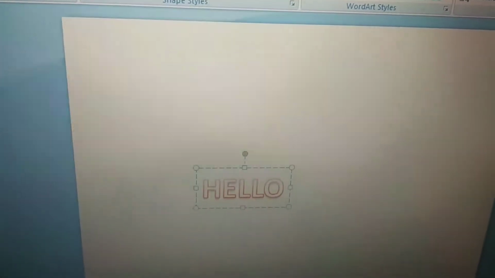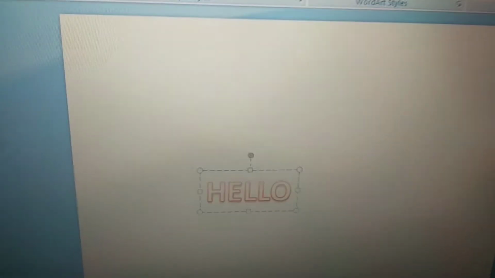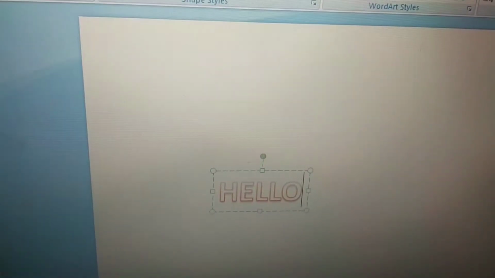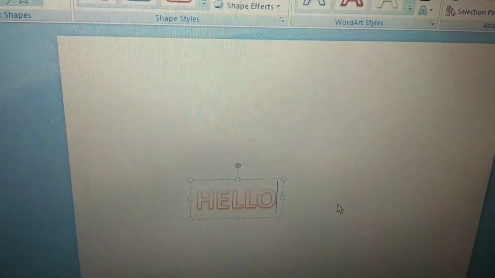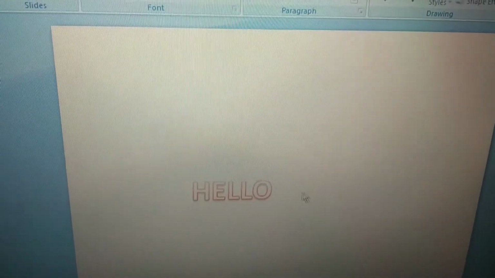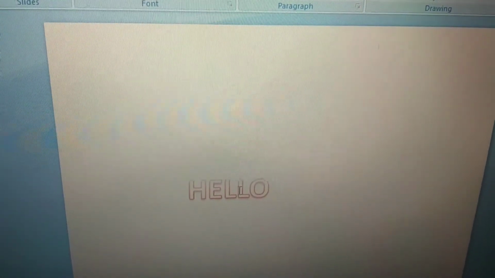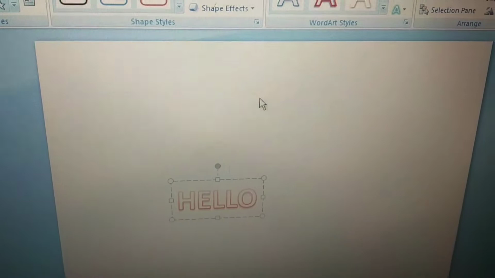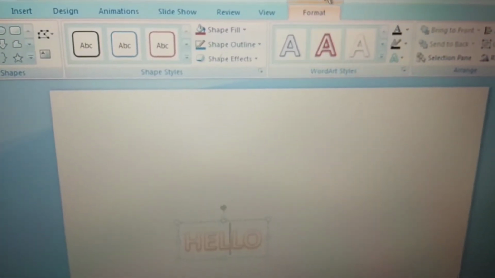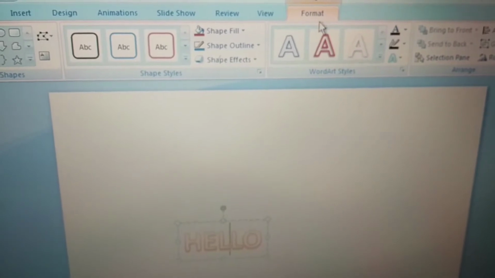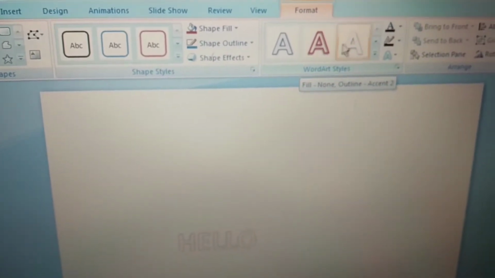After the word art has been inserted in a document, it can be further formatted. We can fill color, change outline, add text effects, etc. Let us see one by one how to do it. For doing any of the formatting, we have to select the word art text. As we select the word art text, a drawing tool with format tab automatically opens.